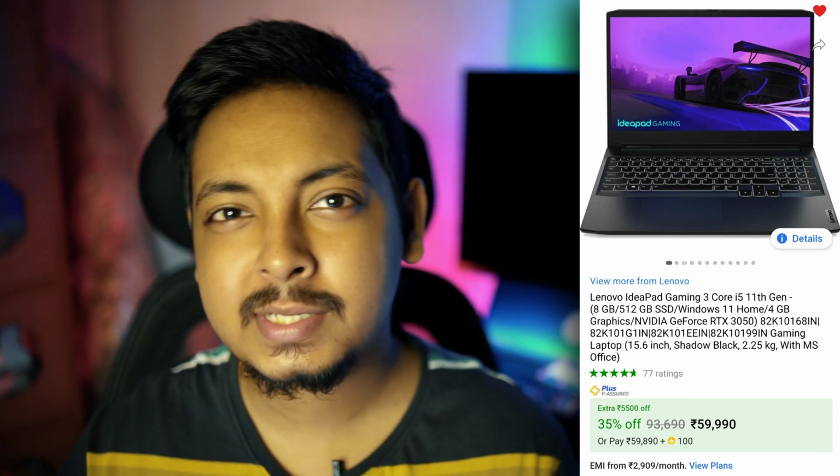Alright, so moving on, we have the Ideapad Gaming 3 again, but this time with the RTX 3050 GPU. It's got the 11300H, I think it's the 11320H, which is just a small upgrade over the 11300H. So it again has 4 cores and 8 threads, but it's got a fully powered RTX 3050 and also a 45 watt-hour battery. It's a decent laptop, but at 60,000 rupees I don't recommend it, because it's got a 4 core 8 thread CPU, and at 60,000 rupees it hurts to buy a laptop with such